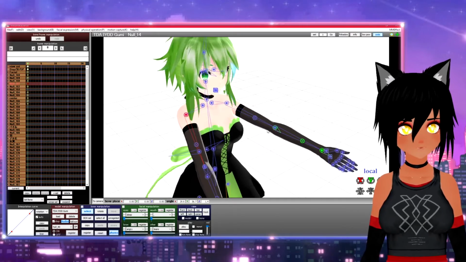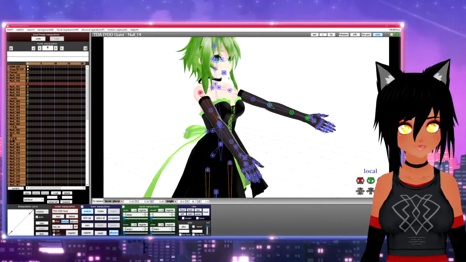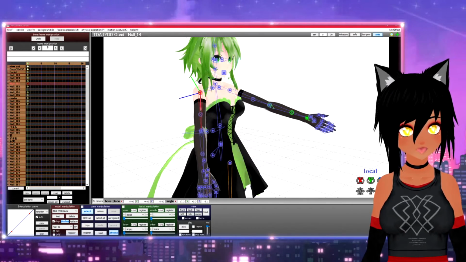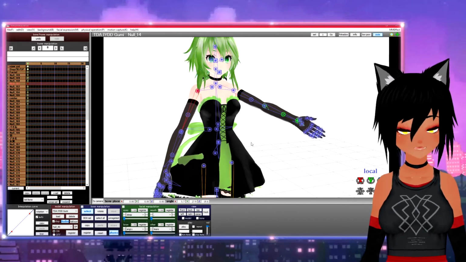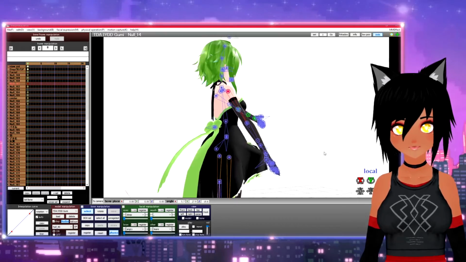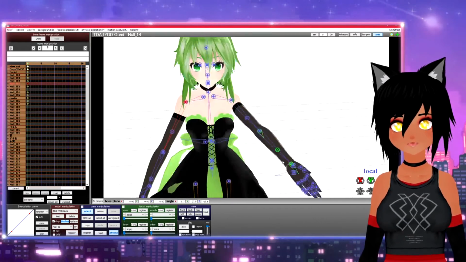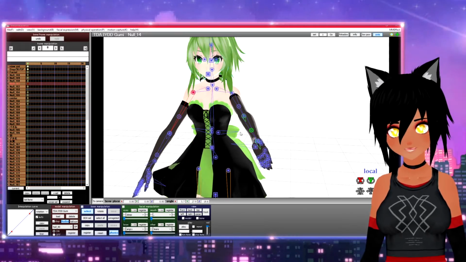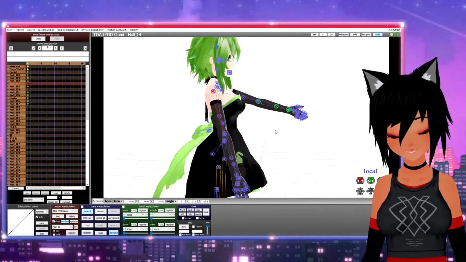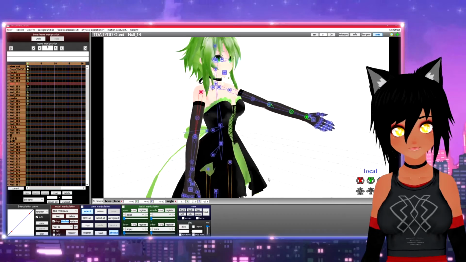Now, a little side note, little pro tip. Let's say you move her arm into the perfect position. You move it like that and you're like, oh, that is the perfect position for that arm. But now I want this arm to look like that, and I don't think I could ever come close to getting that perfection again.